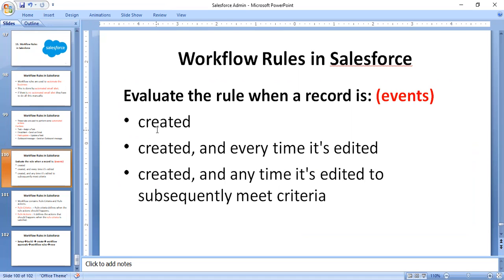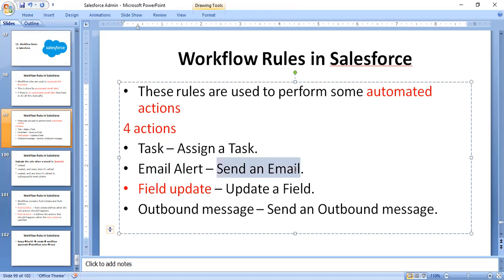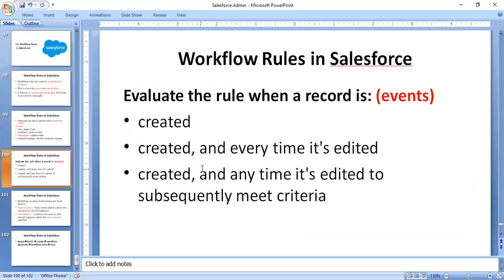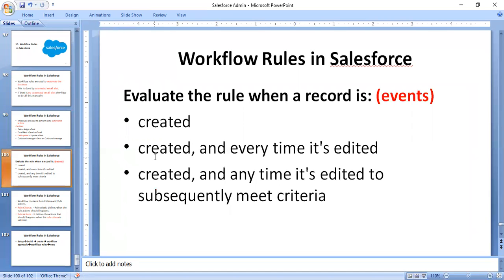For example, if a record is created, then you will perform, for example, send email. If any record is created, send an email action, and every time the record is edited, if you edit the record, then send an action. That means if any event is performed, the corresponding action will be triggered. That is the main thing.